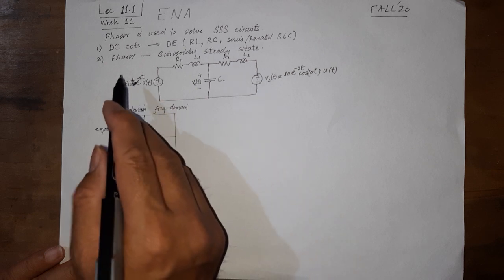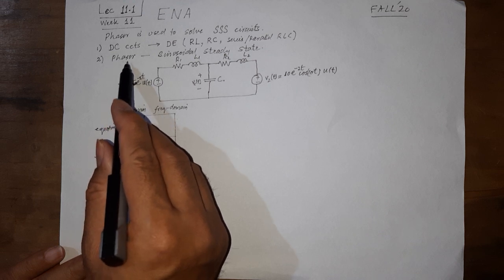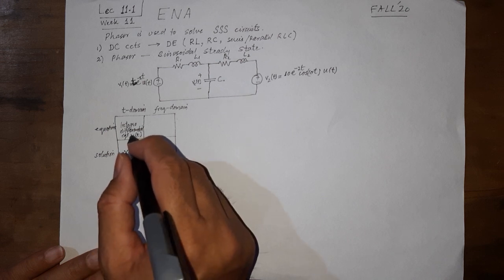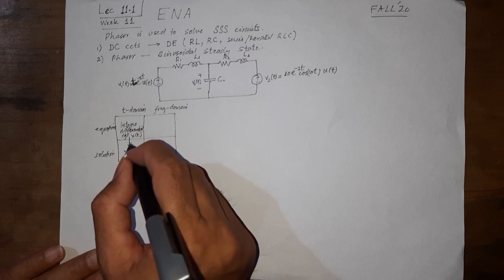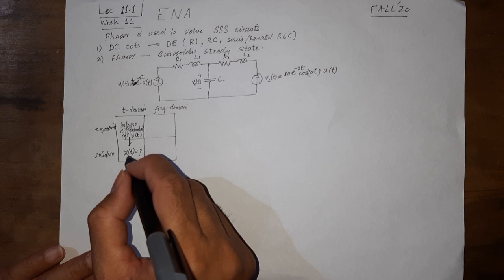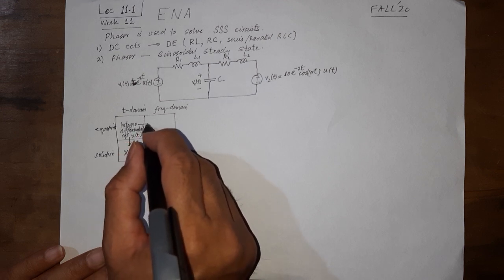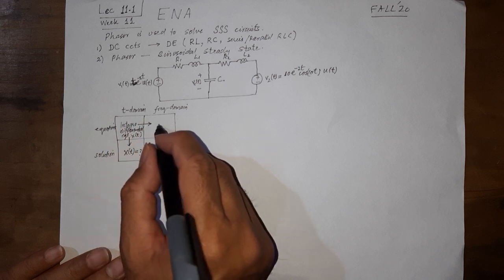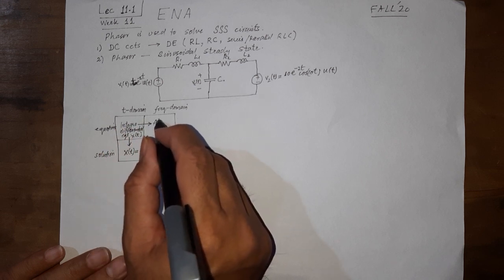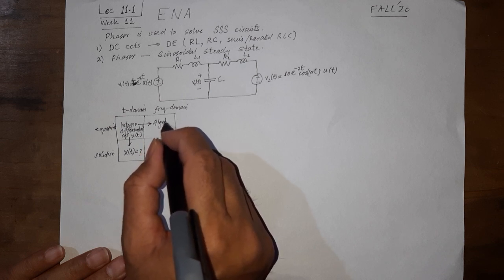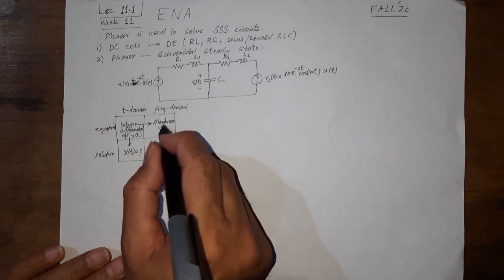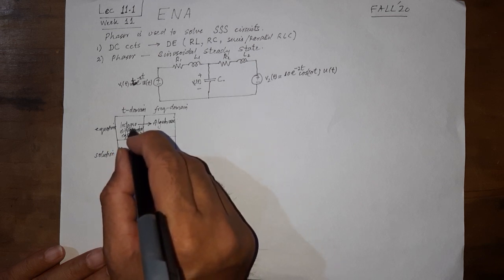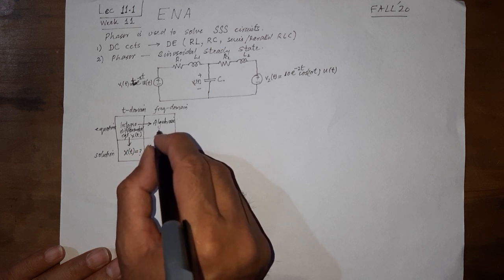In using some tool like the phasor, instead of solving in the time domain, instead of going through this path from integral differential equations to the solution, we choose another path. We go from here to here. We convert the problem in the time domain to the frequency domain, so we get algebraic equations. This is the whole goal. We are more comfortable with algebra than calculus. So we convert the integral differential equations to algebraic equations.